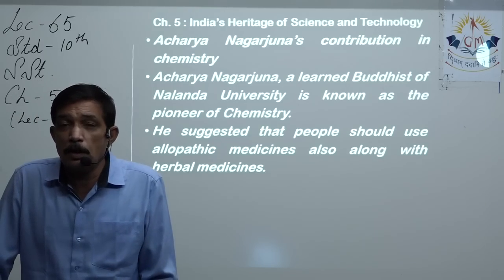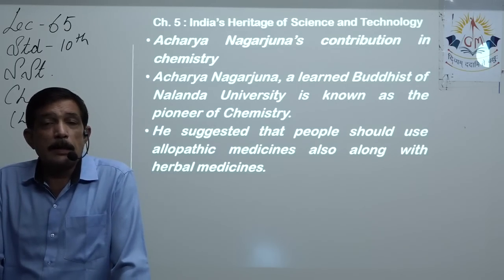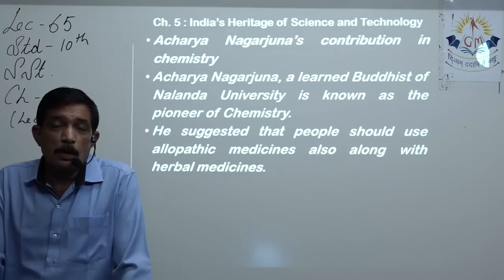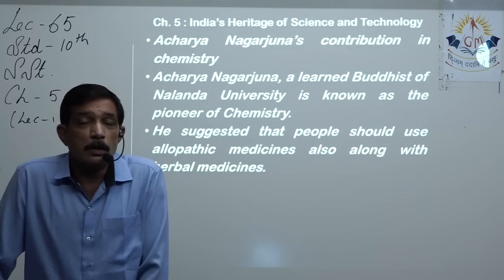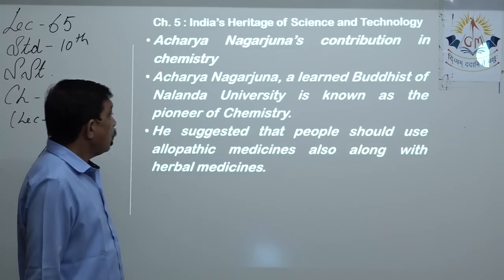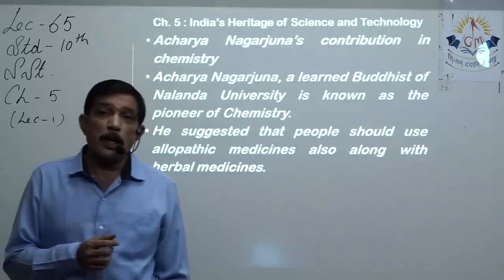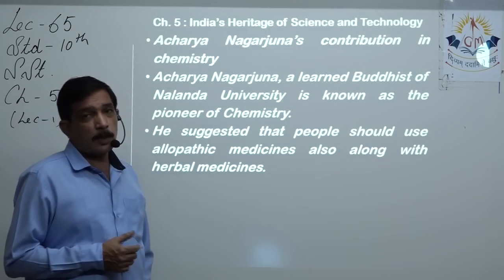When we were learning the literary heritage of India, at the end of chapter 4, we learnt about Nalanda University, where we learned that Acharya Nagarjuna was a famous person who dealt with the field of chemistry, and he studied at Nalanda University because it had a different department and also a furnace so that the students of chemistry could experiment over there.